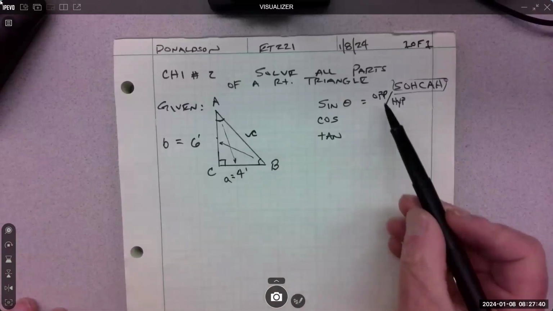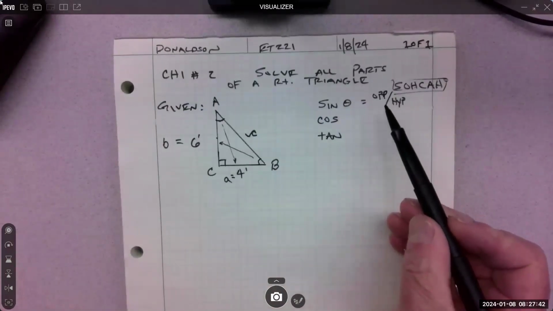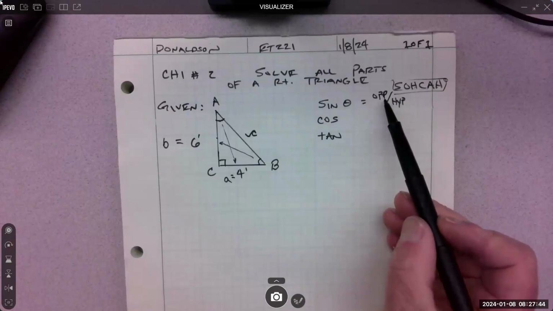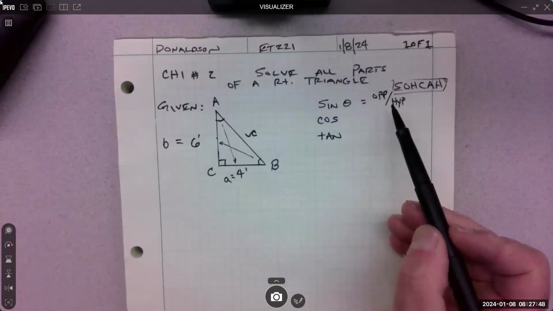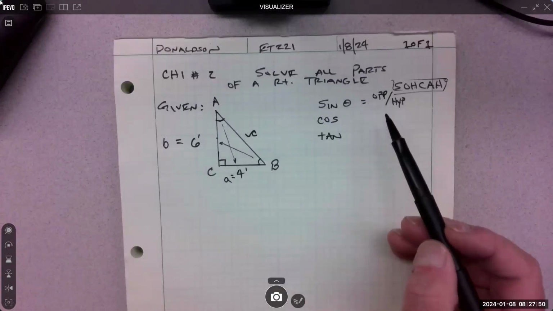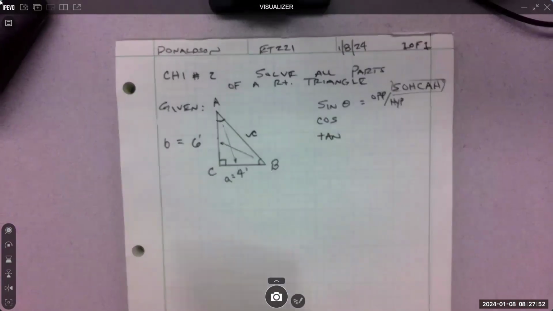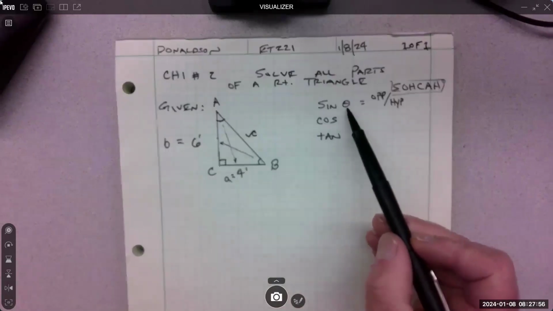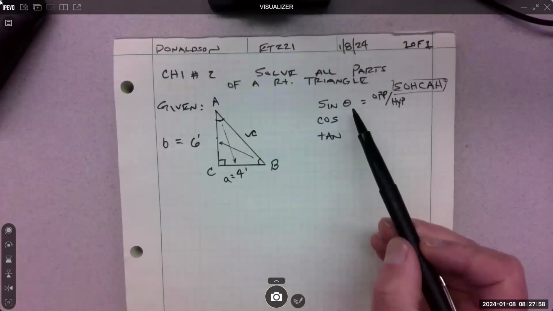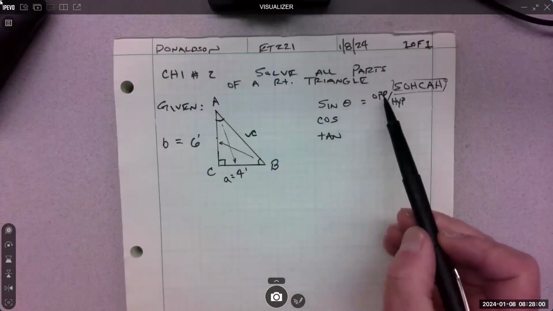What's opposite? Trick question. What is the opposite? That's the opposite side of the angle that you work with. Thank you, Jorge. So we got to know what angle we're working with to know what opposite is, right? So if I'm doing the sine of angle B, then the opposite is